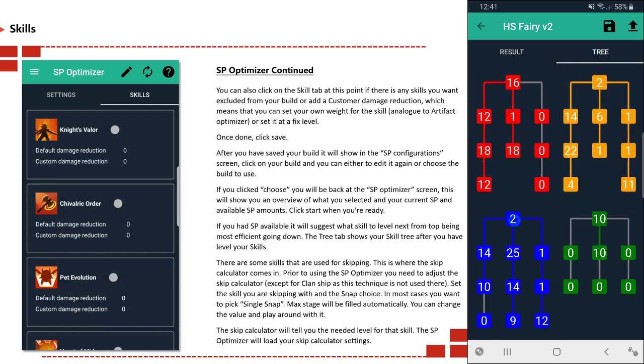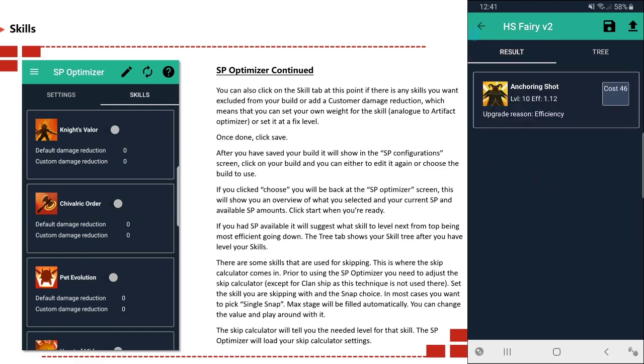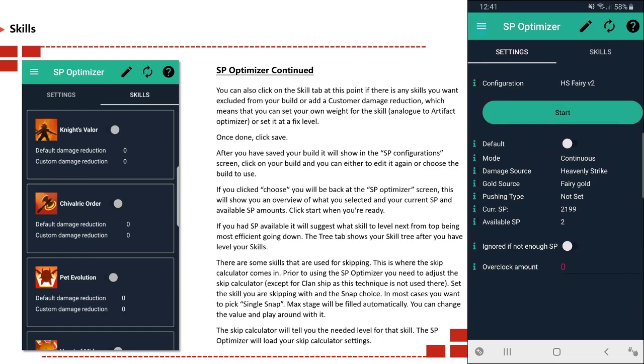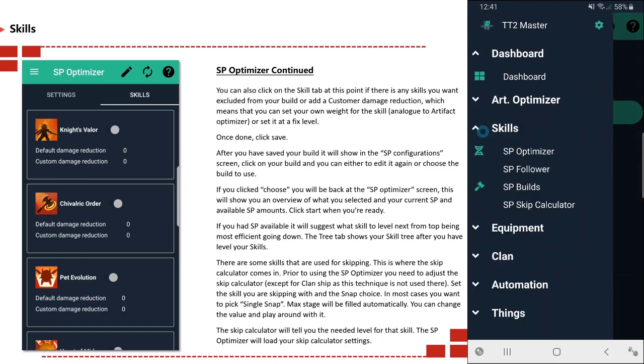The Tree tab shows your skill tree after you have leveled your skills. There are some skills that are used for skipping. This is where the skip calculator comes in. Prior to using the SP optimizer, you need to adjust the skip calculator, except for clanship, as this technique is